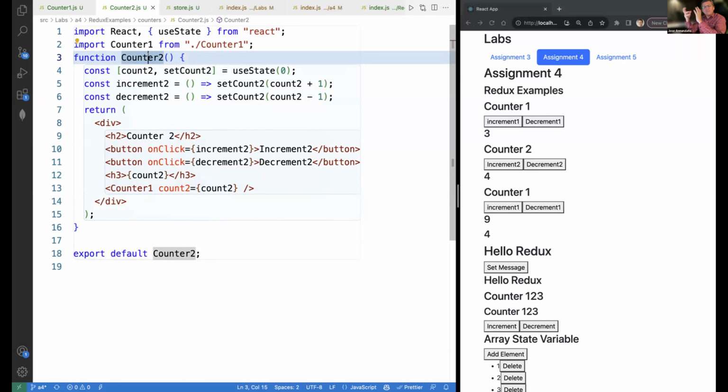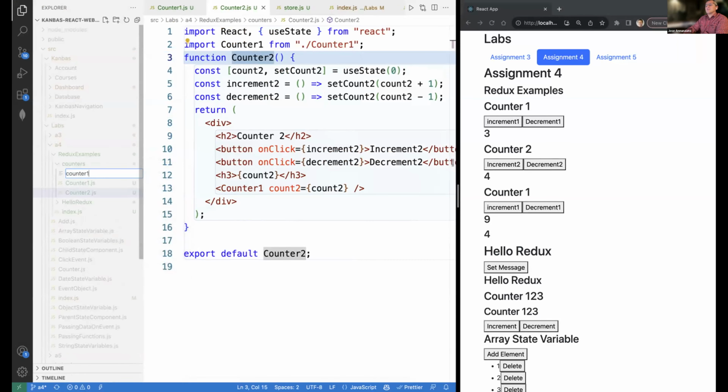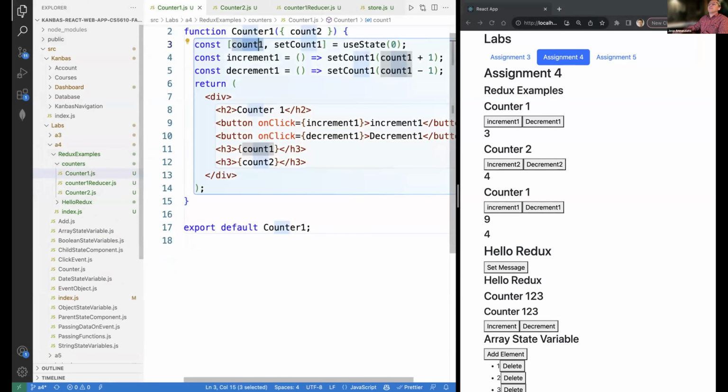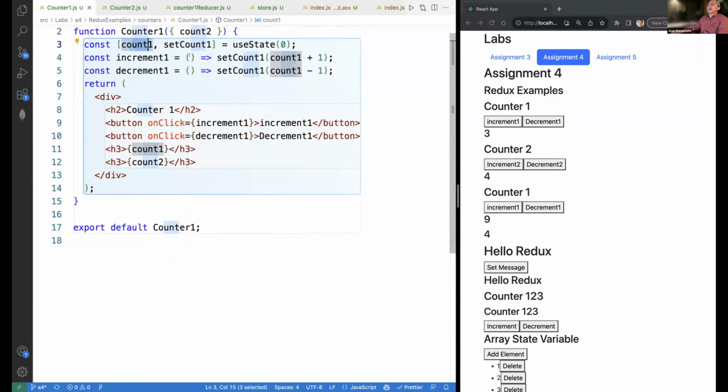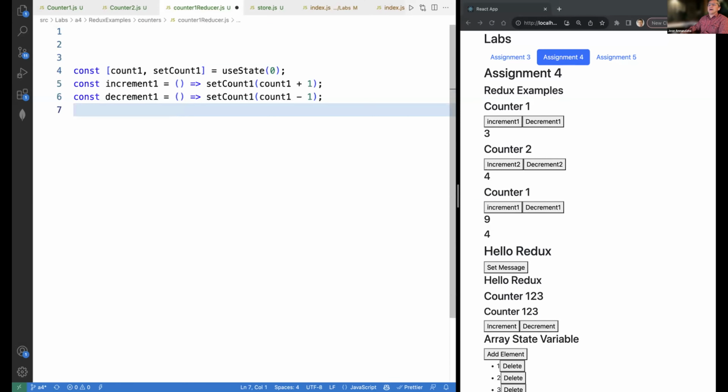So how can they both see each other's count, right? Again, the way we're going to do that is by creating reducers for each one of these. So what we can do is do a reducer for 1. So this would be counter1 reducer. And what we do is that we're going to move all this from here into the reducer, and put them where it goes. So we have that. And as a template to remember that we need to implement all this stuff,